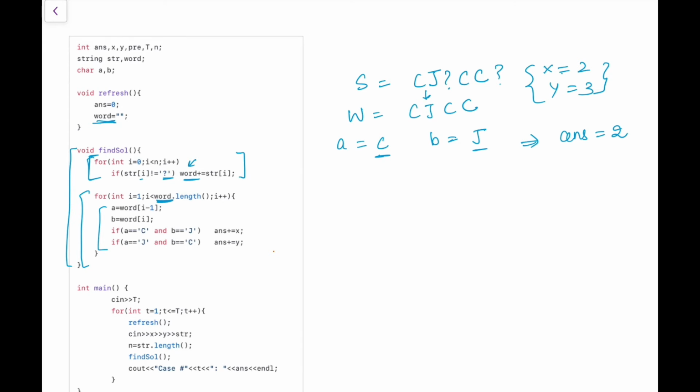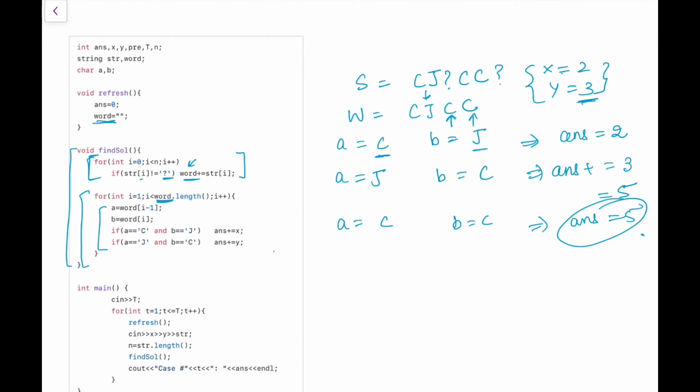Now when I moves to this, I is here, so A becomes J, B becomes C, so answer plus equal to 3, which makes it equal to 5. And when I comes here, A becomes C, B becomes C, answer just remains as such, and the final answer will be equal to 5 in this particular case.